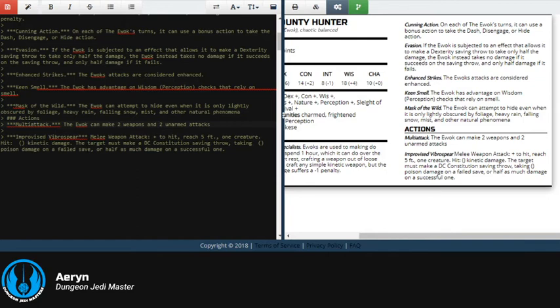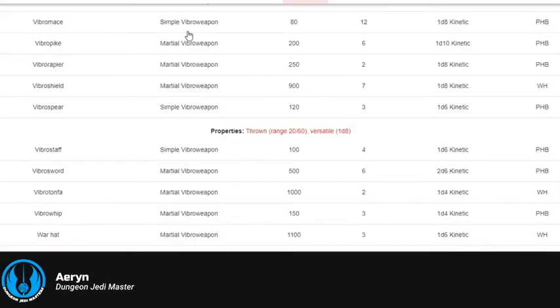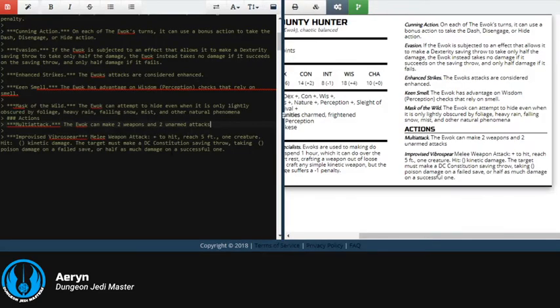So right now we're going to actually put in a few of those damage pieces. I've already got this pulled up. So it's going to be a vibro spear. We're going to keep it versatile, so he's wielding it with both hands. So that's 1d8. And always take a look at the weapons too. You want to make sure you're following the same formats that are created for it. So we're going to do 1d8